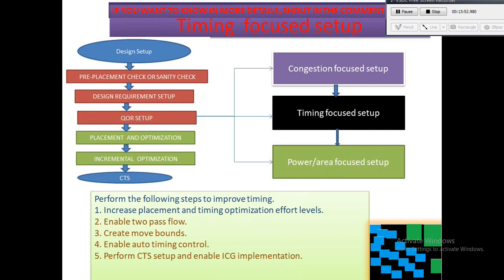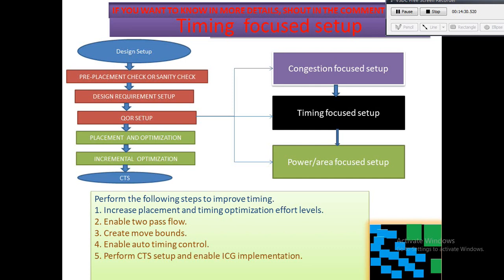Once the congestion is acceptable, analyze the timing and the logical DRCs. To check the most violating paths, use report_timing, and for logical DRCs, report_constraints. Hold is not addressed in the placement stage. To get the summary of timing violations across all the scenarios, type the command report_qor_summary, and use report_constraints -all_violators -max_transition or max_capacitance for logical DRCs.